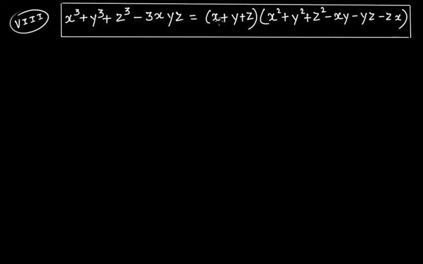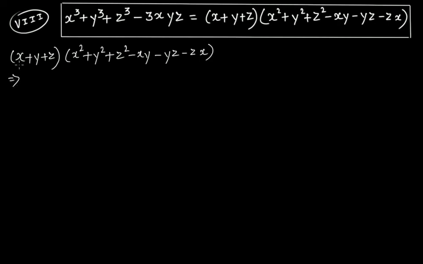So this is x plus y plus z. Let's write it here, x plus y plus z multiplied by x squared plus y squared plus z squared minus xy minus yz minus zx. Now you can multiply by distributive property of multiplication over addition. So this is x multiplied by x squared plus y squared plus z squared minus xy minus yz minus zx,